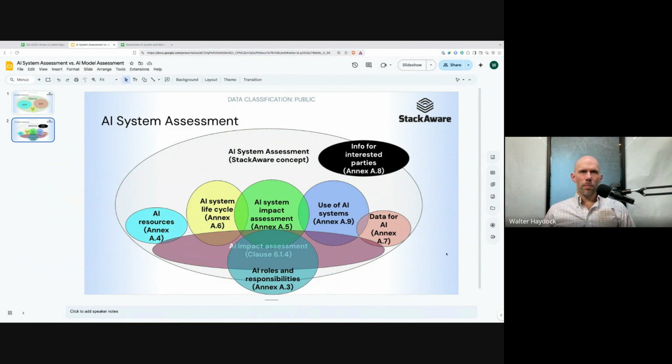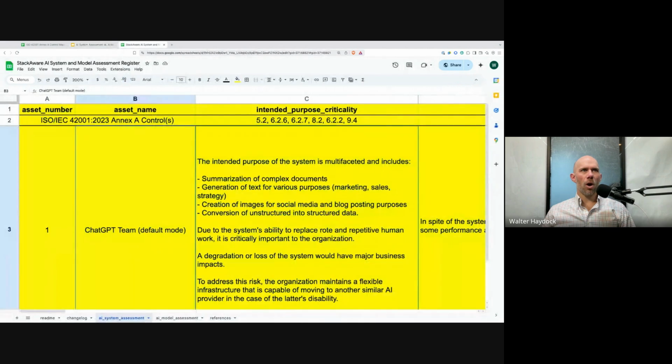Additionally, the system assessment includes things like controls on the use of AI systems, information for interested parties, and then AI roles and responsibilities, primarily as they relate to human oversight of AI systems. So this is a high-level view of these various tools that we use at StackAware. And in the final part of this video, I'm going to show you exactly how we do this from an applied perspective. So if you look at our